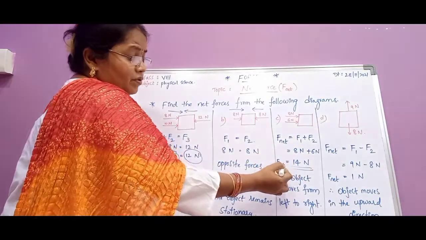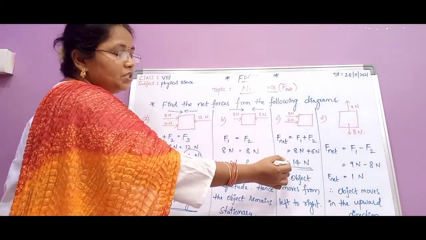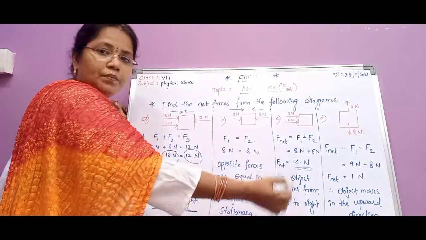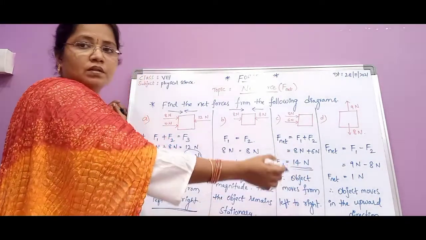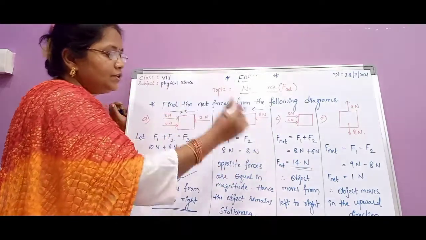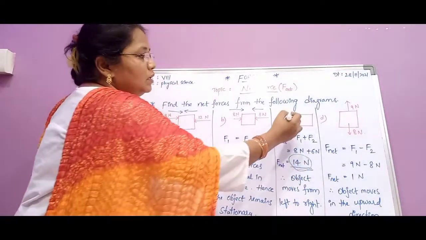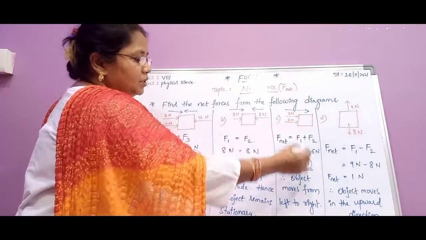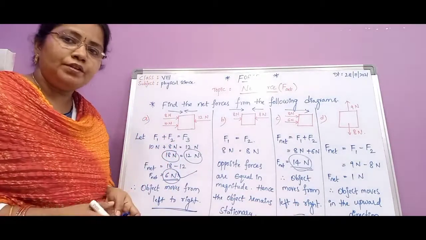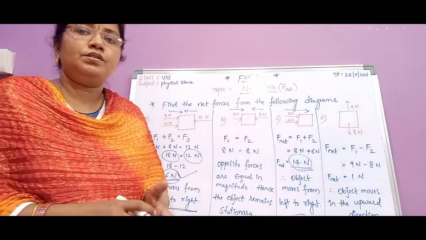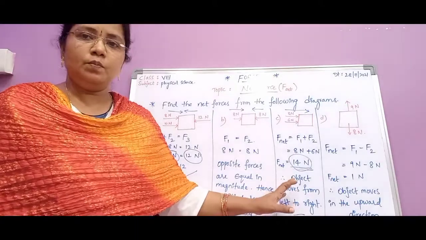Okay. When the net force acting on the object is not equal to 0, it has some magnitude. In that case, the object will be in motion. It does not remain stationary, but it will be moving. From which direction to which direction? The net force is acting in which direction? This 14 newtons net force is acting from left to right, no? Therefore, the object will also be moving from left to right. Always remember, children, whatever the magnitude of net force we get, we have to check its direction. The object will also be moving in the same direction as the net force.